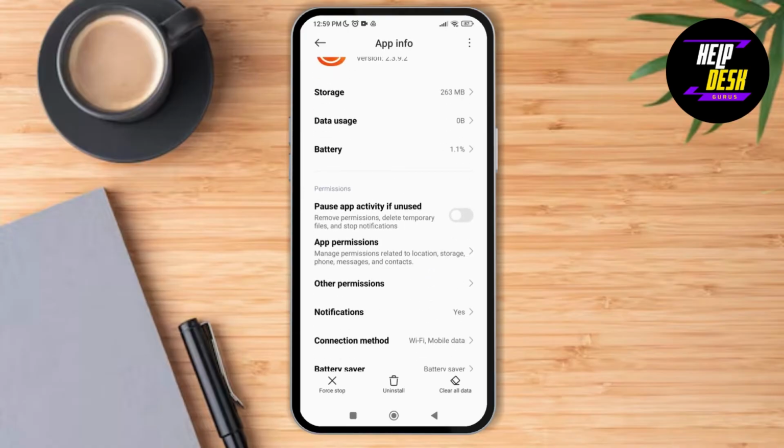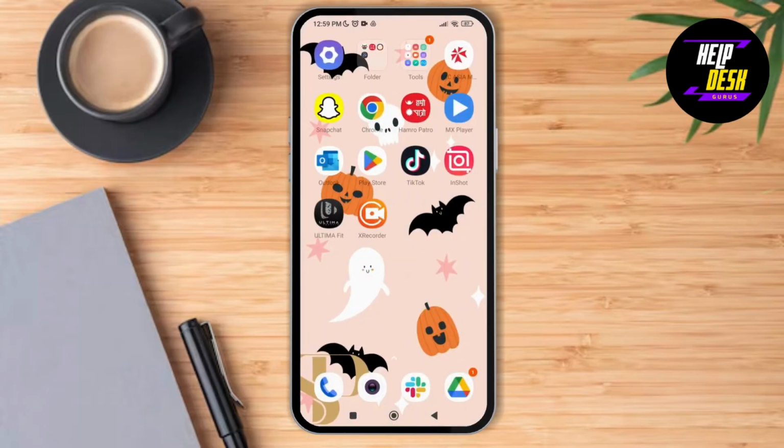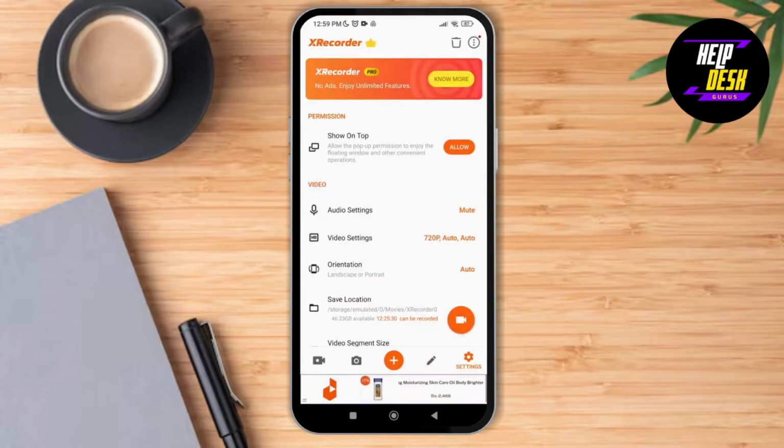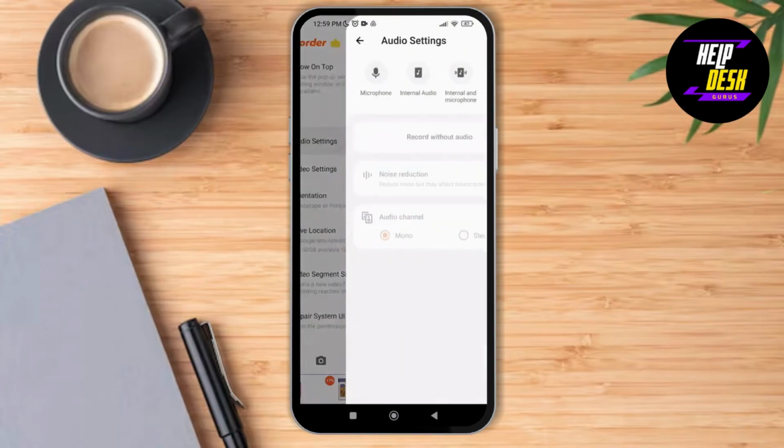Next, go to the app permissions and make sure that you toggle on all the required options. After you do that, you can just launch the XRecorder application on your device over here. As you do that, you can just continue to your app and tap on settings at the bottom of the screen. Now as you tap on settings, tap on the audio settings at the top of the screen and then